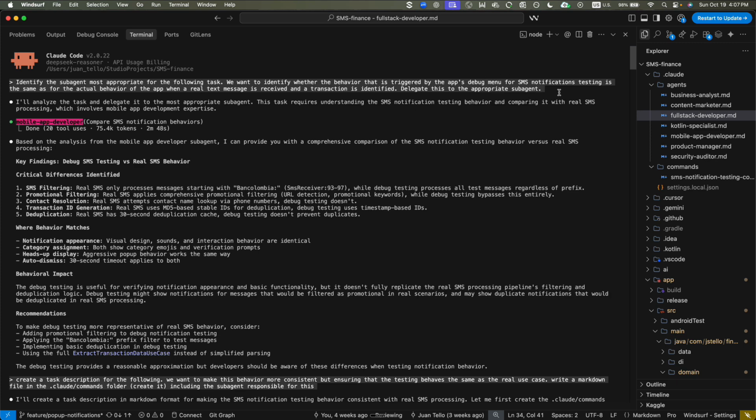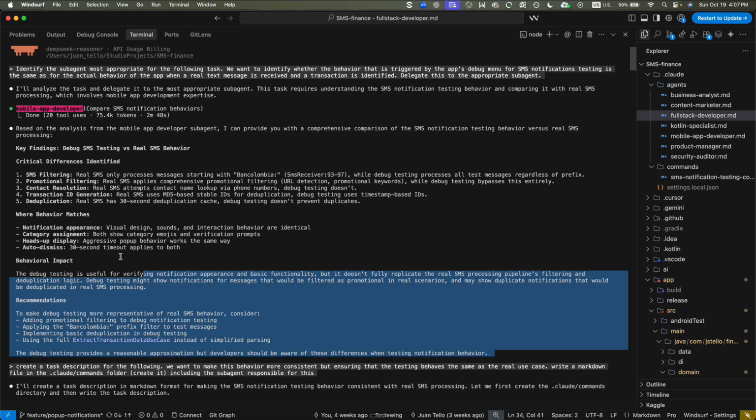Delegate this to the appropriate subagent. So it's a task of just information retrieval, basically. And then it's going to analyze it, and it chose the mobile app developer. It gave the task to it. It used 20 tool calls, 75,000 tokens, and almost 3 minutes of execution,